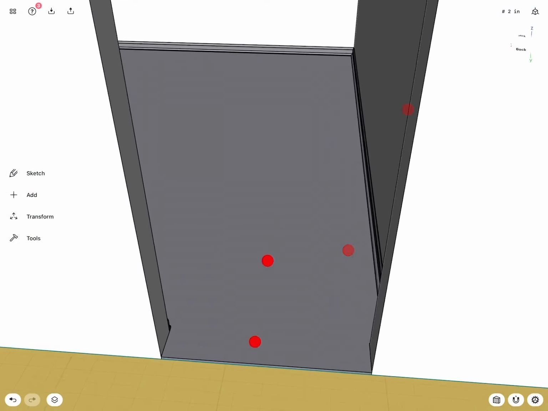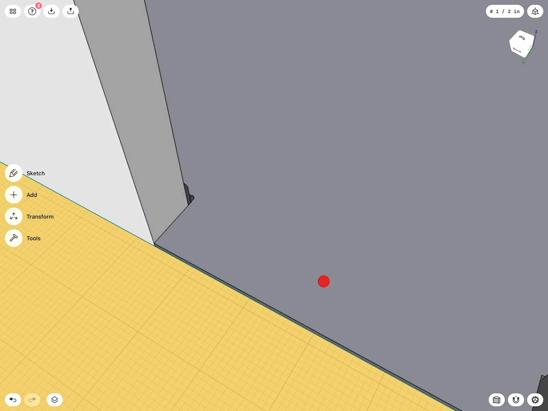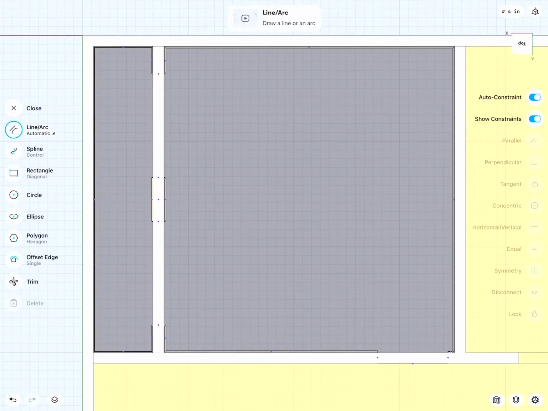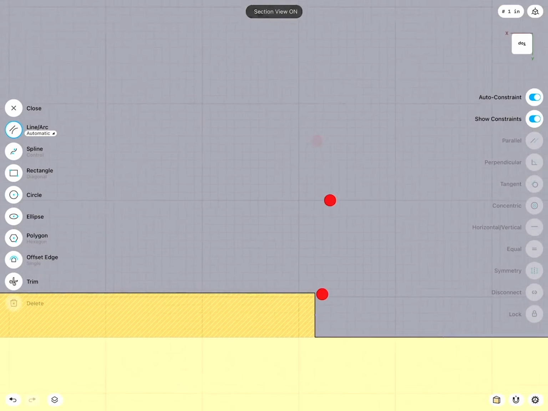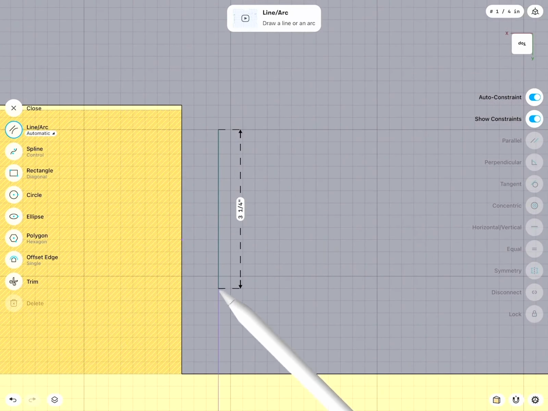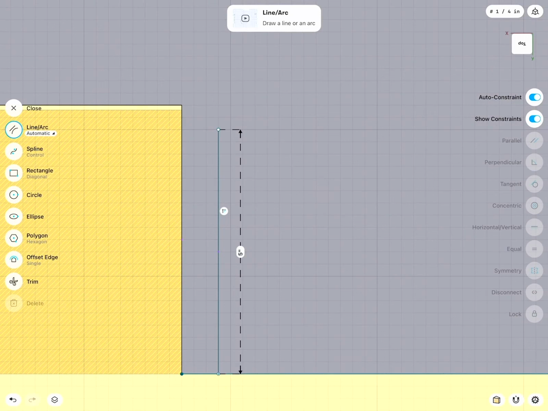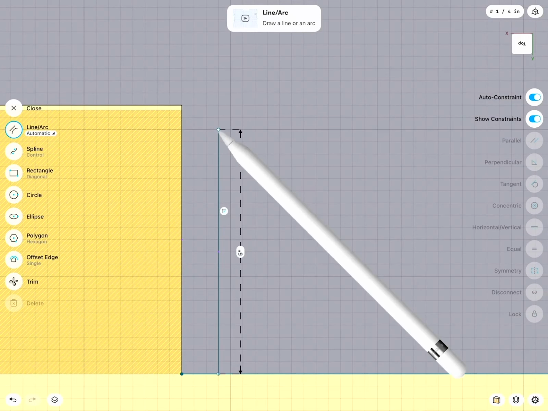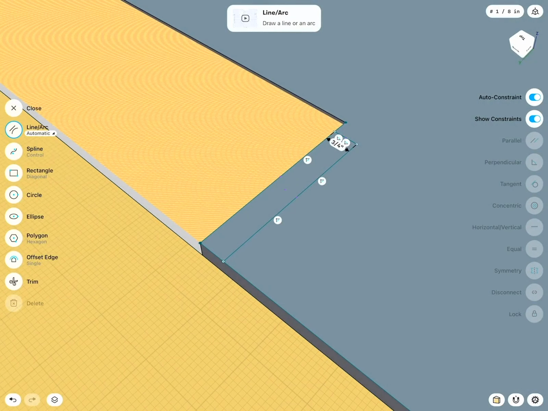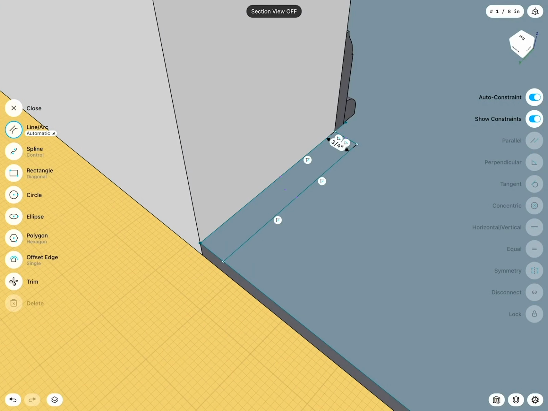So let's do this. We go to this view, with pencil select this face, with the finger double tap, turn on the cut section view, then we can zoom in and somewhere we just draw a line down and connect it to the edge. That's the important one. And here we do the same. Let's rotate our view, turn cut section off,